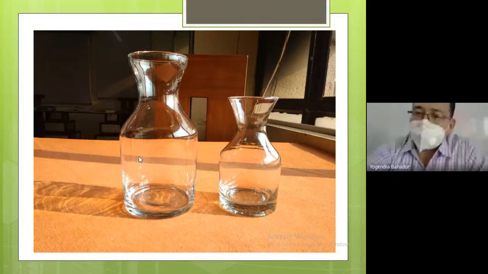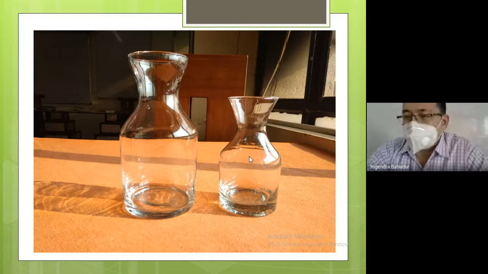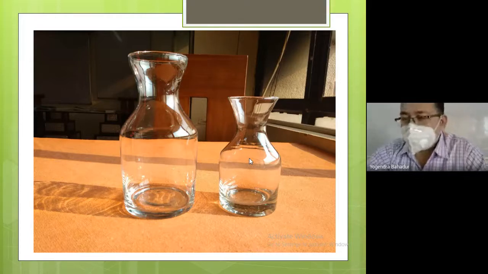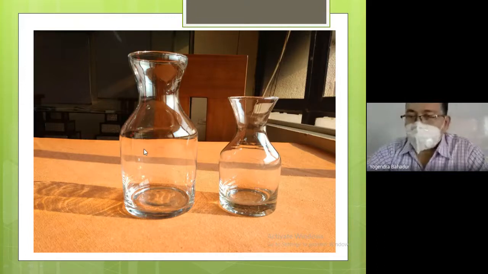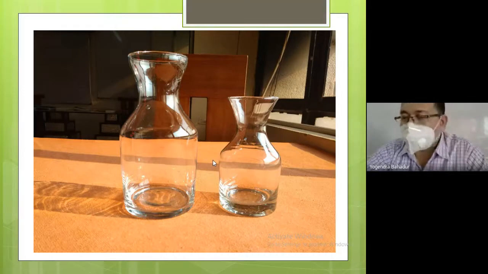So again repeating, left hand side large decanter which can carry up to 1 liter of the water or maybe soda or maybe any juice. On the right hand side we are having the small decanter which can carry approximately 500 ml of maybe your water, soda, juices, whichever the things that basically asked by the guest. So their name is large decanter, which is having the quantity of approximately 1 liter. On the right hand side is the small decanter which can carry approximately 500 ml.